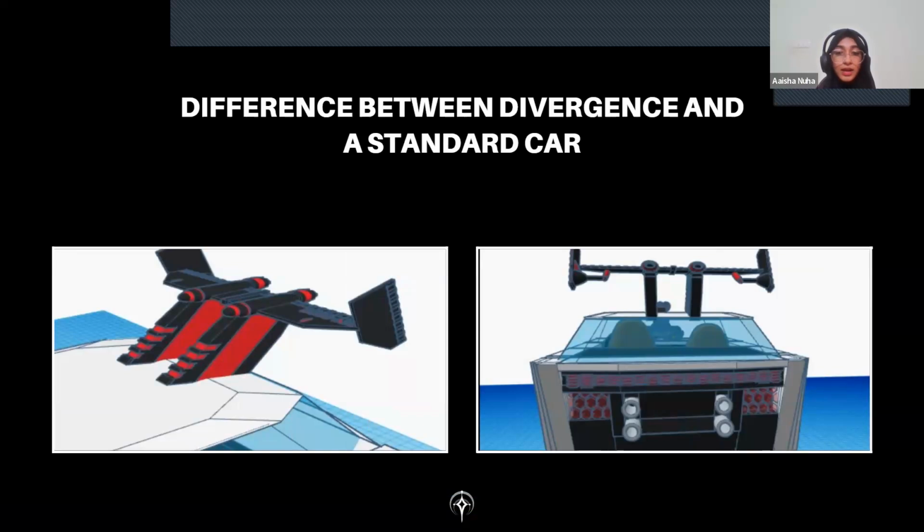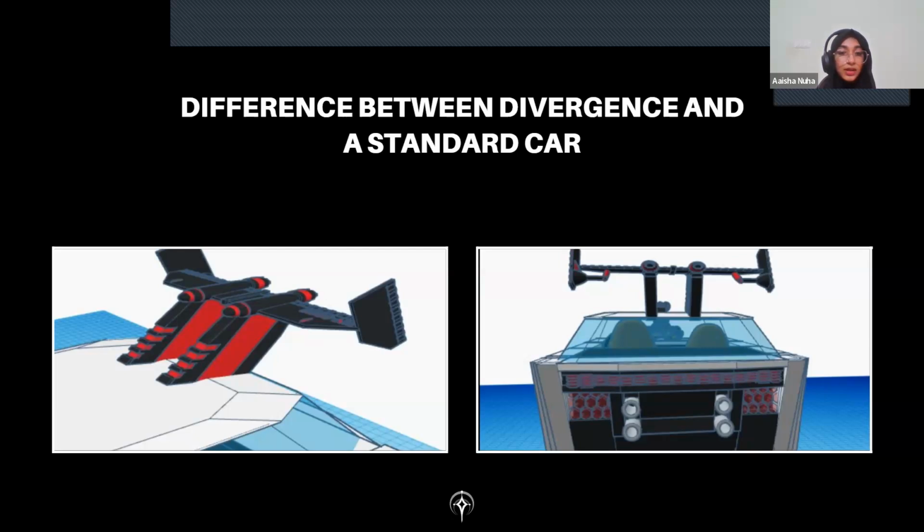The ICE car relies solely on gasoline or diesel for power, resulting in higher emissions and lower efficiency. About the fuel efficiency, Divergence offers better fuel efficiency due to its ability to use electric power during low speed driving, while the ICE car typically has low fuel efficiency, especially in city driving conditions.